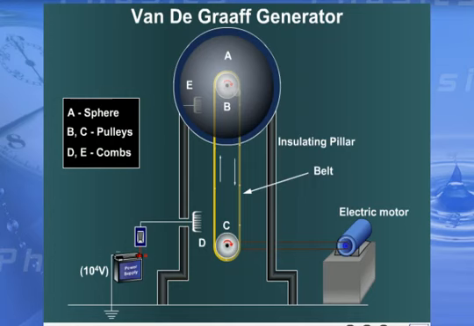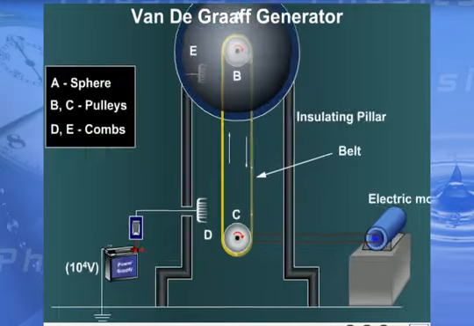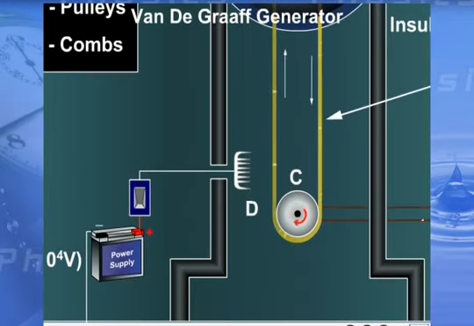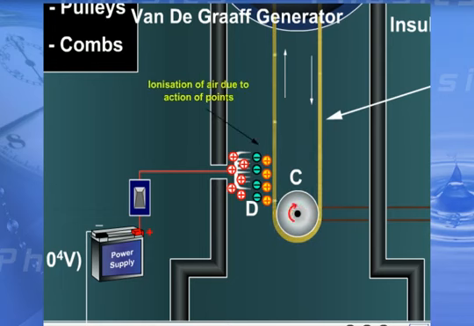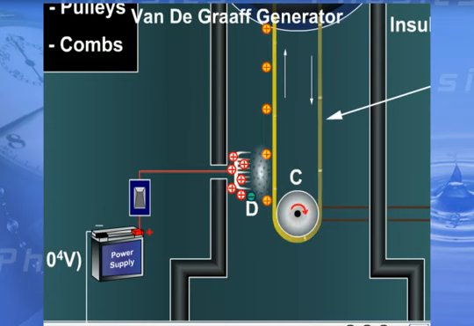Working of the Van de Graaff generator. The comb D is connected to the battery of a high potential. The high potential from the battery ionizes the air near the comb D. That is, the air molecules are separated into electrons and positive ions. The electrons are attracted towards the comb E, and the positive charges are repelled towards the belt and stick on